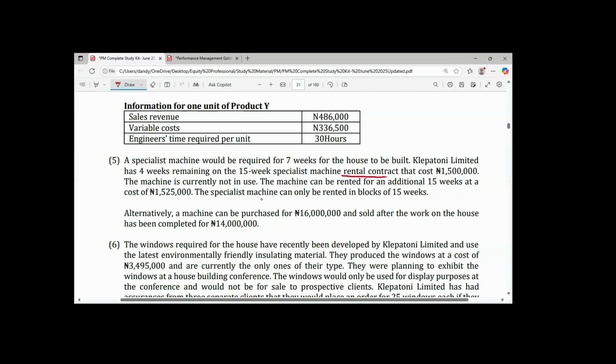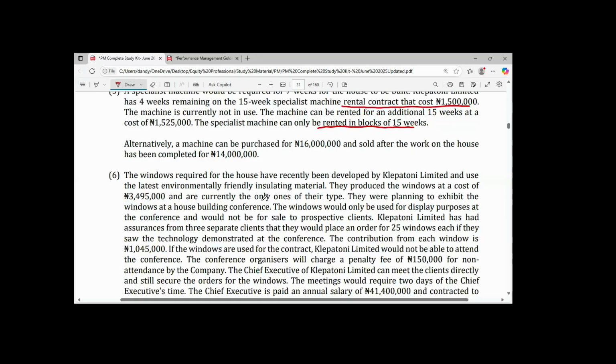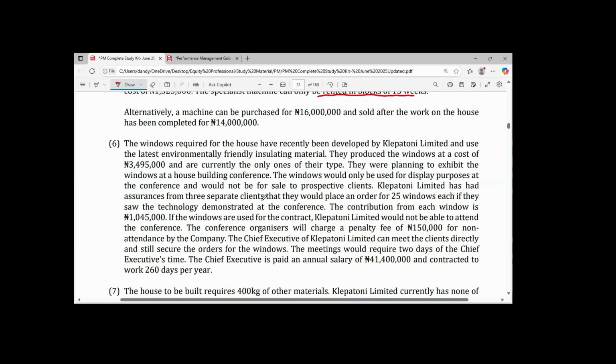The machine can be rented for an additional 15 weeks at a cost of 1,525,000. The specialist machine can only be rented in blocks of 15 weeks. Alternatively, a machine can be purchased for 16 million and sold after the work on the house has been completed for 14 million naira. 6. The windows required for the house have